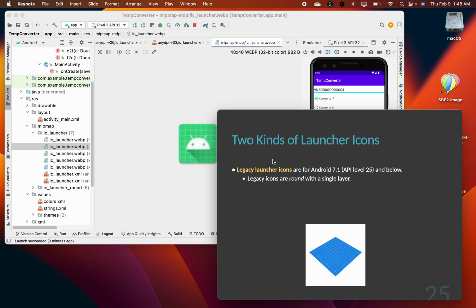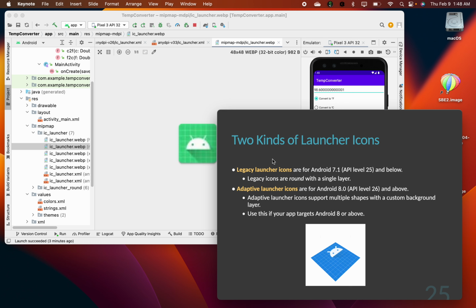Legacy icons are round. Now the newer icons are called adaptive launcher icons, and they're more rectangular. They're like round rects, and